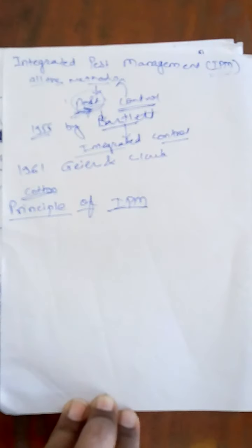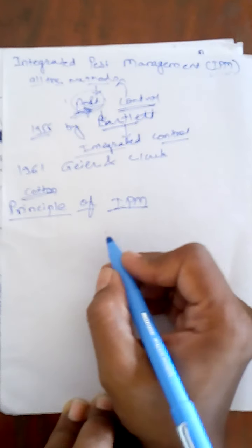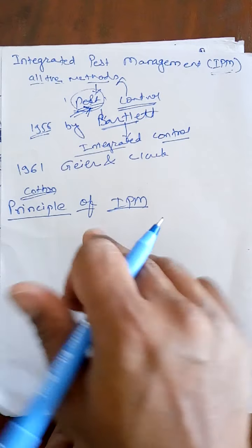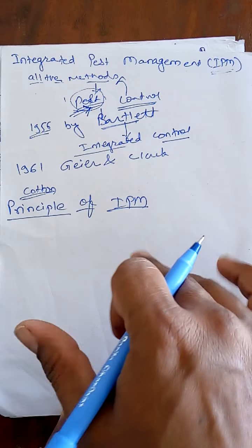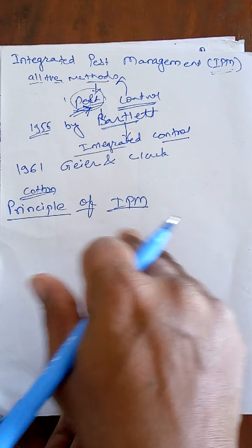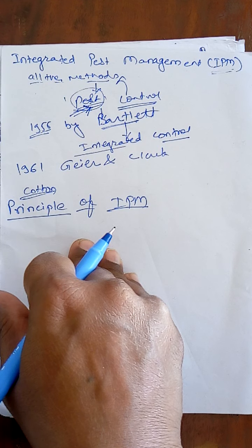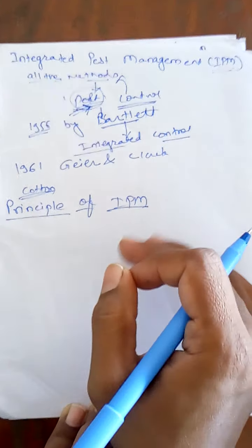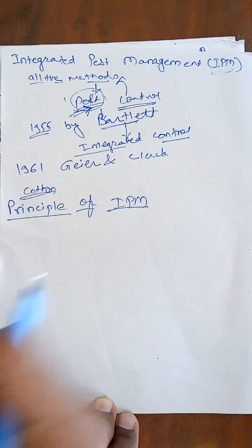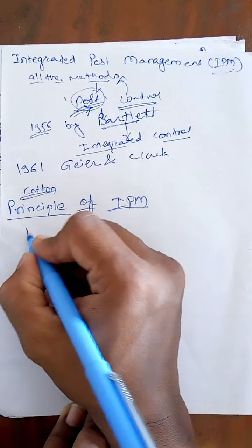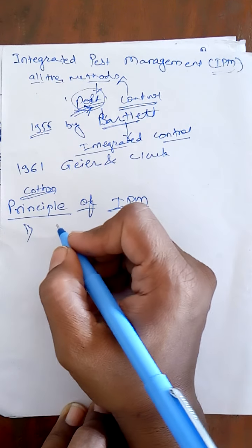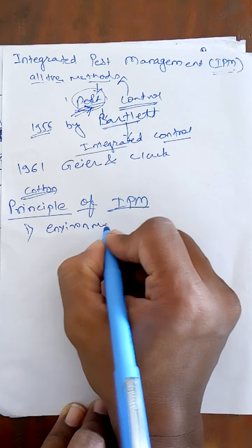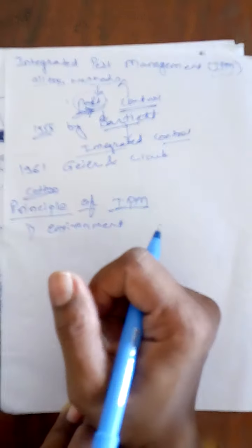of that particular crop. That means in short, we can say that without causing any damage to the environment or disturbing any other animals, we are going to control this pest. Okay, so we are just reducing the population of that particular pest. So this is the main principle, the first principle, in which we are going to protect the environment. We think about the environment and we are going to protect it.